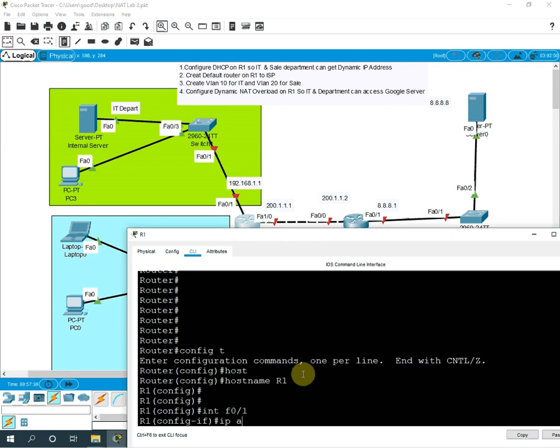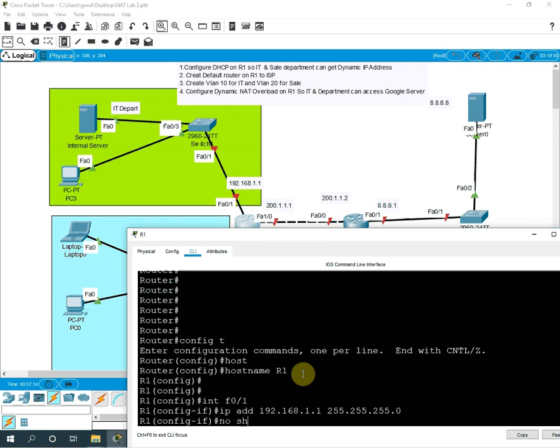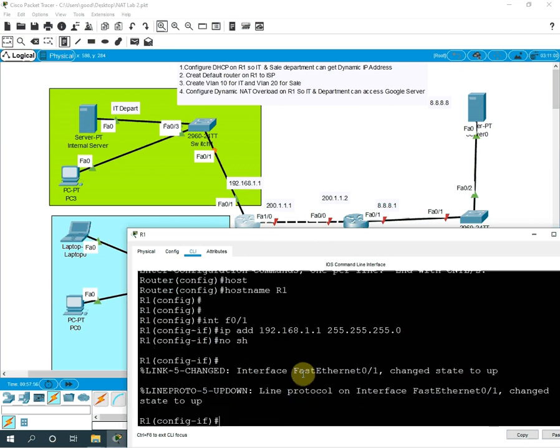Then I need to write ip address, and the IP address whatever is there, that one, 192.168.1.1. I wrote 1.1, then I will write 255.255.255.0. Then we need to write no shutdown, because by default all the Cisco router and switch ports are down, so we need to write no shut, so it will be up.